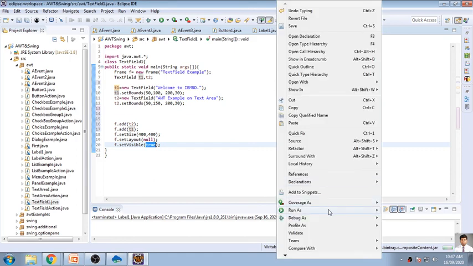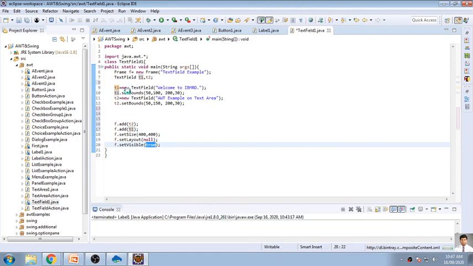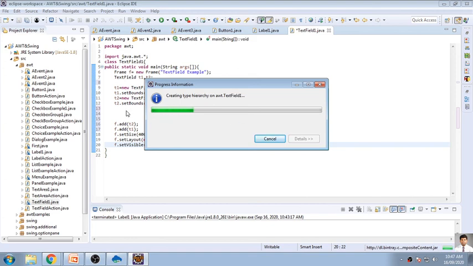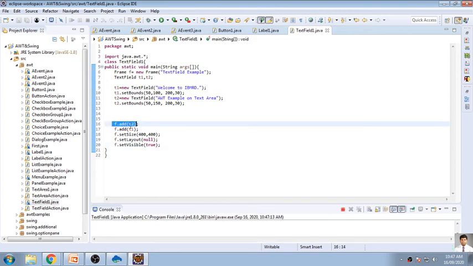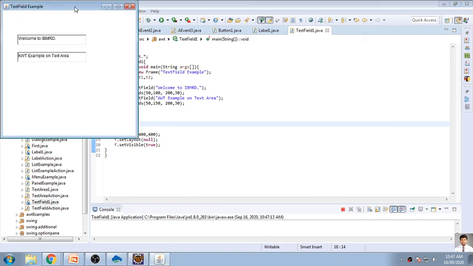Now you will see that though you have initialized objects T1 and T2 first, whenever you go for adding those elements, it will follow the sequence of adding, that is the add function. So what we have seen in linked list, array list and all those things, it is nothing but a list. So this list will be added automatically into the frame. So we'll see the output like this.